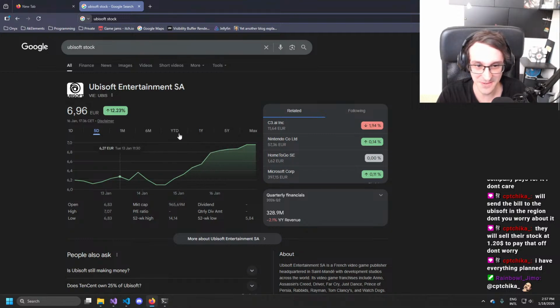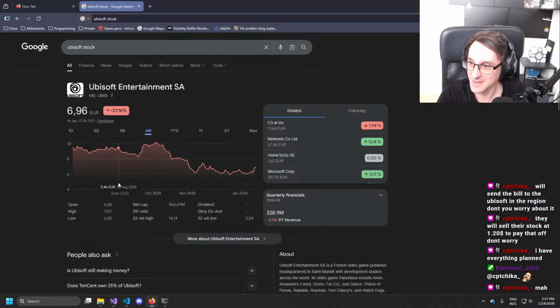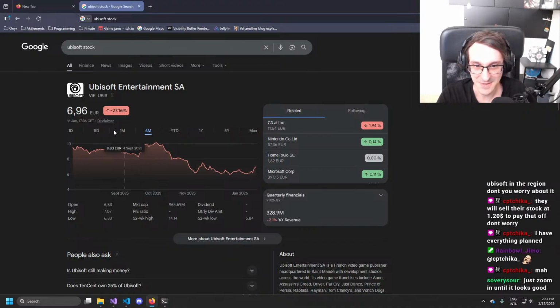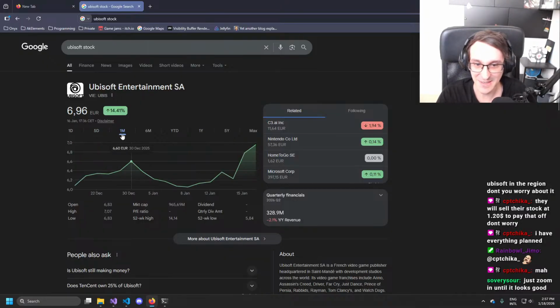Just don't click 1 month, 6 months, or yearly. Just look at the 5 days. It looks very good. Don't do this. Or that. Just keep it with the 5 days. 1 day, 1 month actually looks okay as well. I mean, we are only in the range of like €1, but hey, we take it.